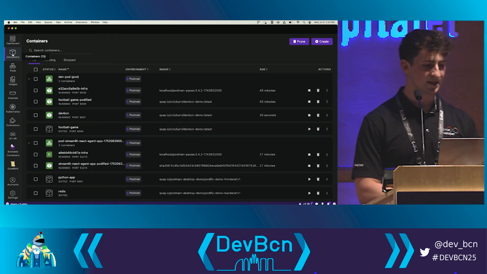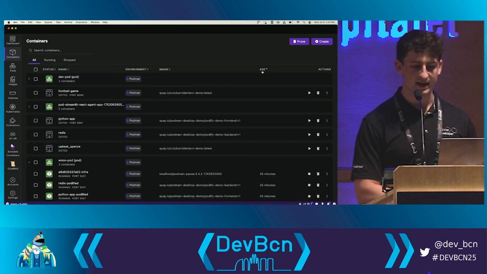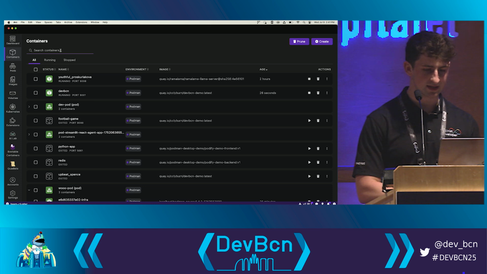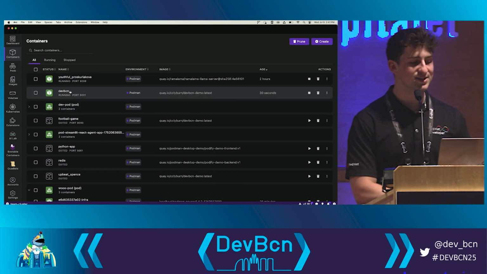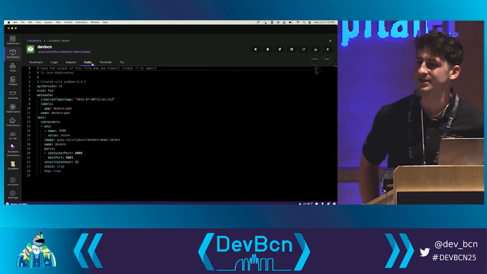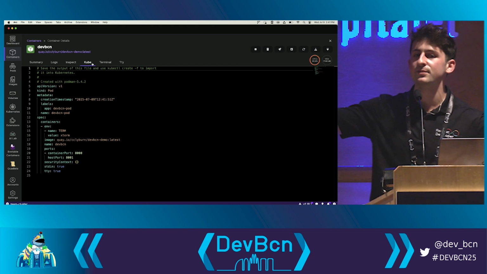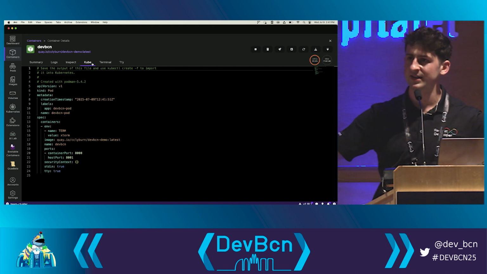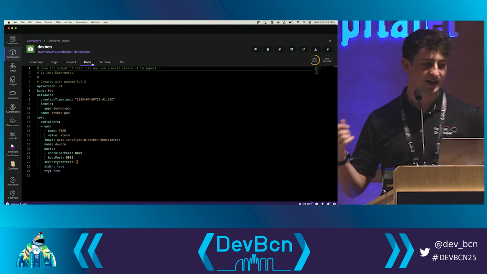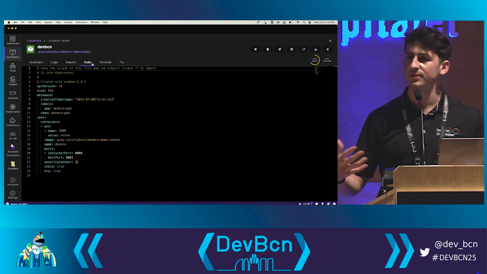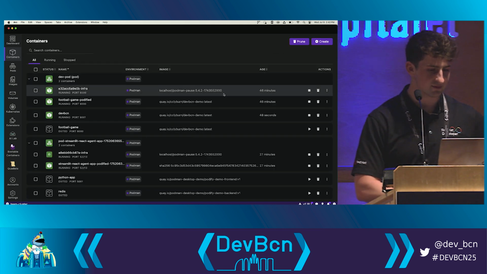Our application's running. The thing is, we're typically used to working with containers like this all the time as developers. And what we're going to do here is actually take this and turn it into a pod. What I didn't show you earlier is that if I go over to this terminal page here, you can see that we've got this Kubernetes YAML that's already prepared for us in order to drop this into a cluster or to promote this to a local Kubernetes environment on my machine. I'll show you how this works here. But first off, we're going to come back to